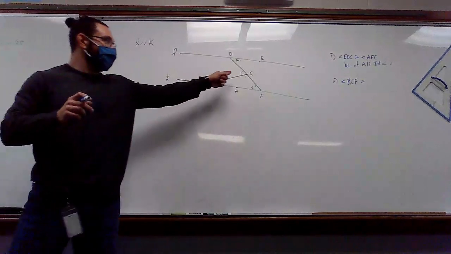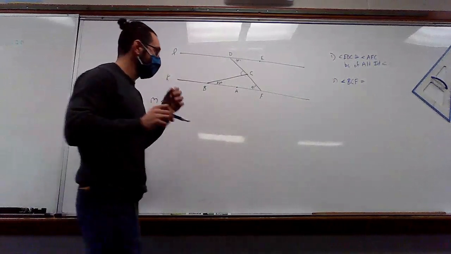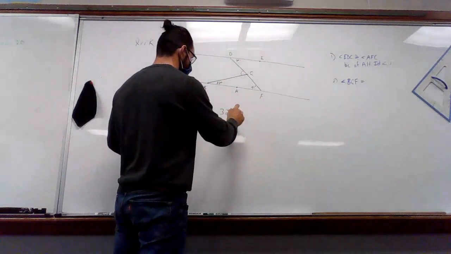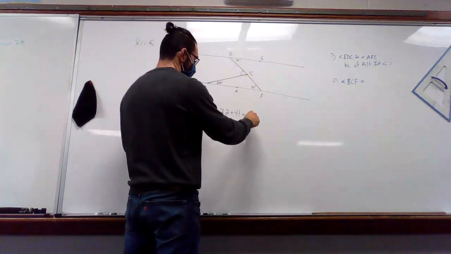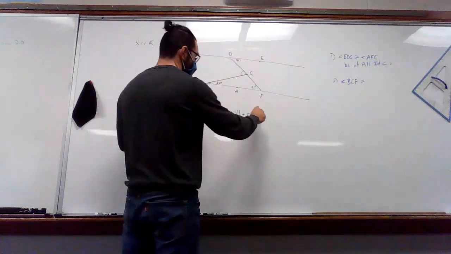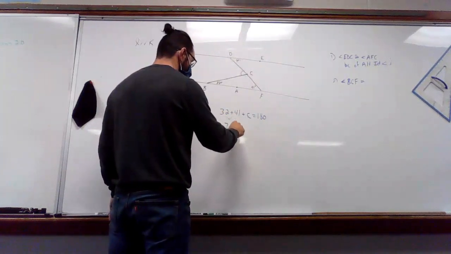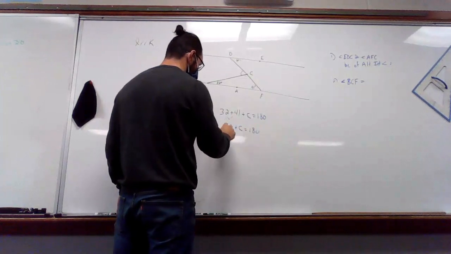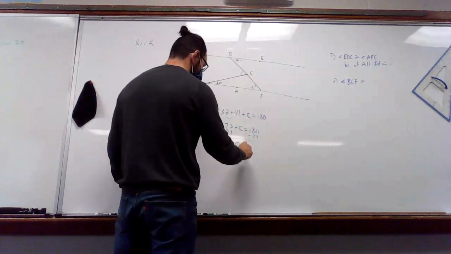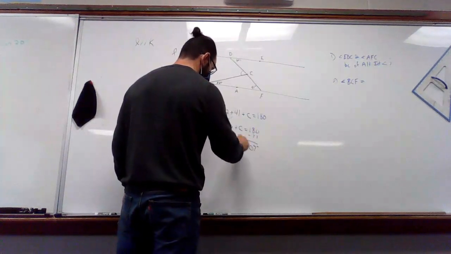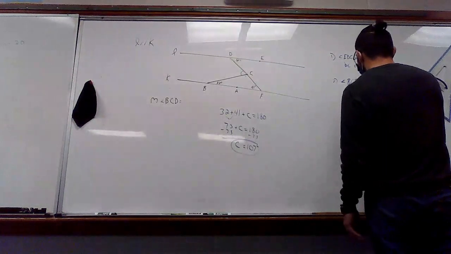How do I find the third angle of a triangle? 32 plus 41 degrees plus C equals 180. Beautiful. So we solve: 32 plus 41 is 73, plus C equals 180. I subtract. That's really the additive inverse. That leaves me C equals 107 degrees. So angle BCF is 107 degrees because